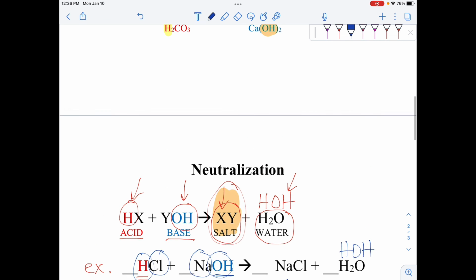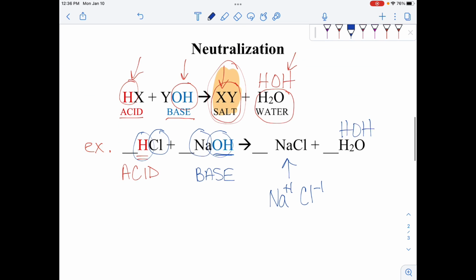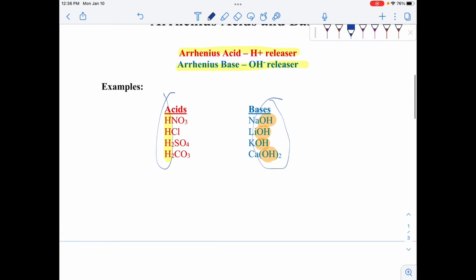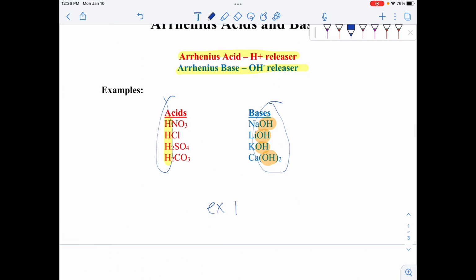So when you're recognizing this in Quick Quiz 7, remember, if you see an H, it's an acid. If you see an OH, it's a base. If you see no H and no OH, for example, NaCl or K2SO4,